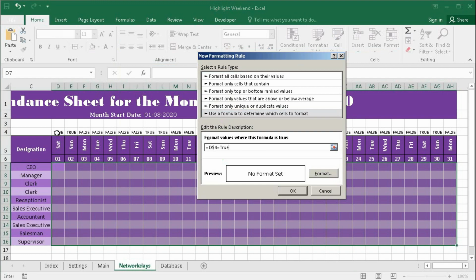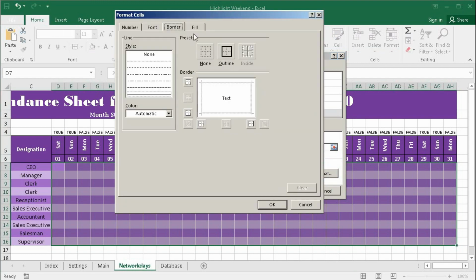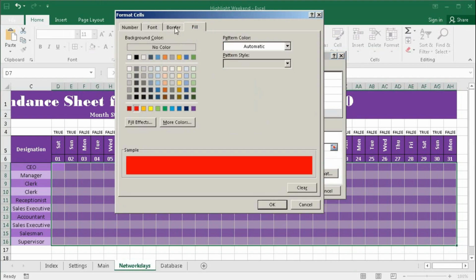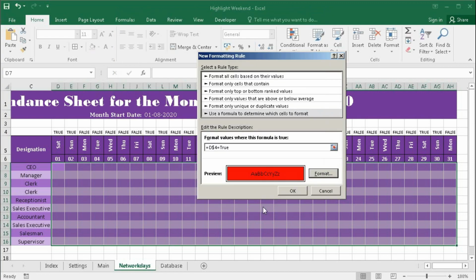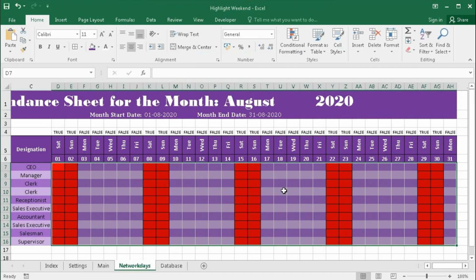If this cell is true, then our formatting will be a red border, okay. Now we can see we got all the weekends colored.